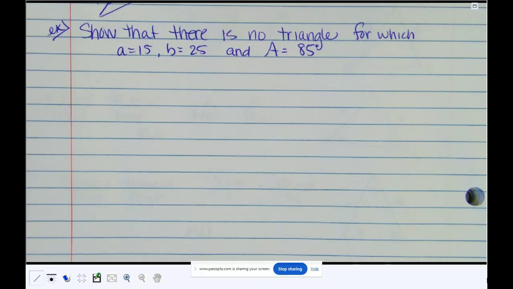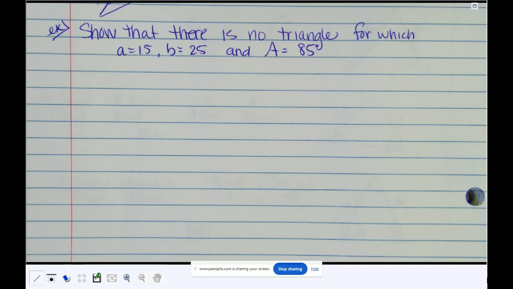Only one of the degrees that I know. So notice that with 2 sides and an angle this time, that's different than what we've had before. We had 2 angles, 1 side. Now I have 2 sides and an angle. So this is side, side, angle. This is the one that's bad. So I told you that one of the things that will happen is that there's no possible triangle.